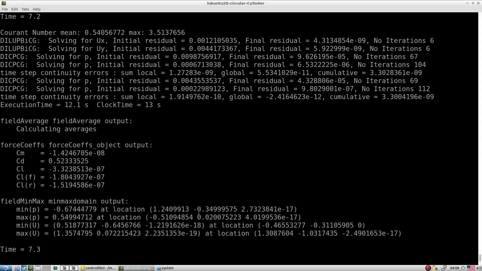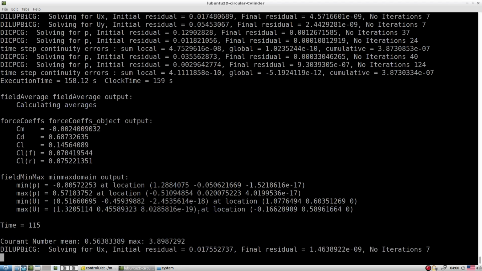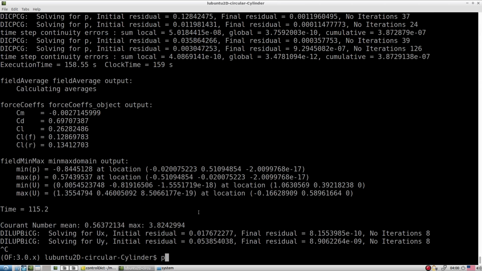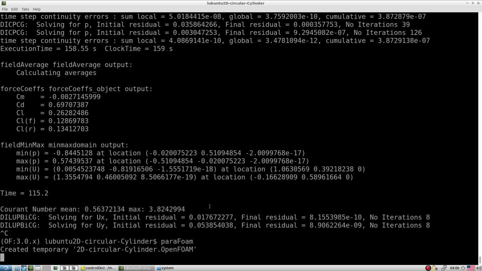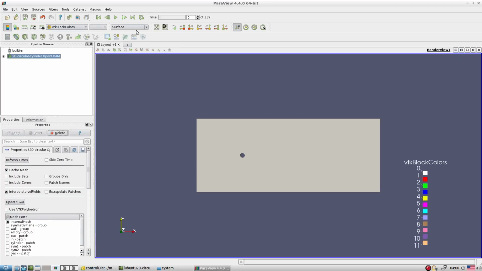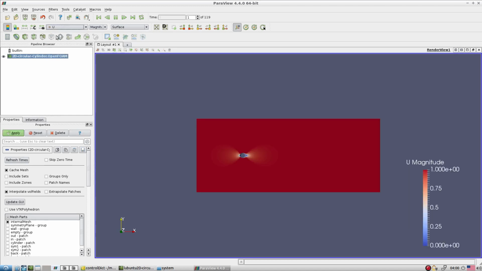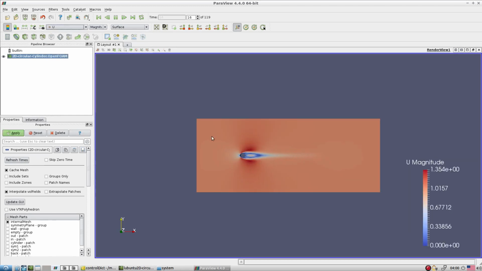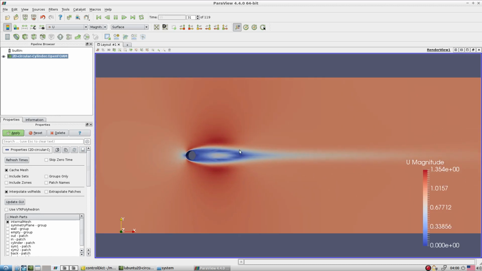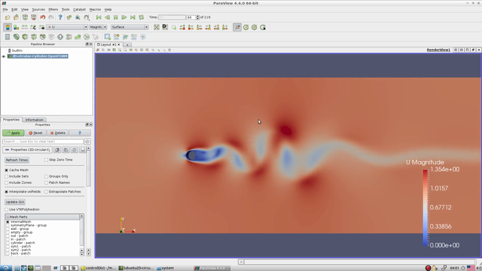Okay, so let's see where our simulation reached. Okay, so quickly check ParaView and have a feeling whether it has reached the unsteady nature or not. Okay, so unsteadiness has started.